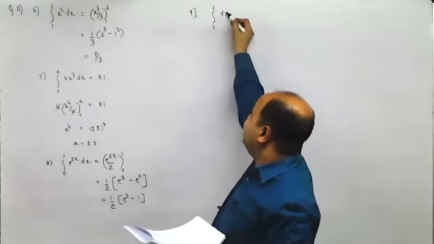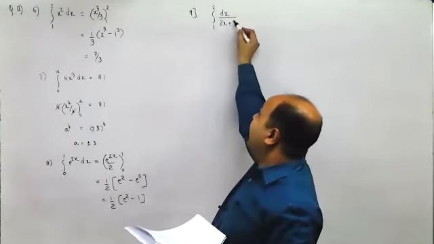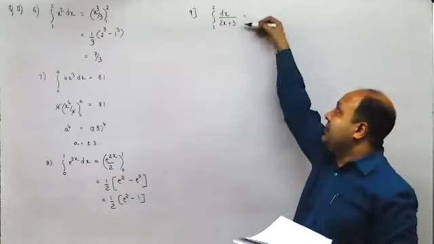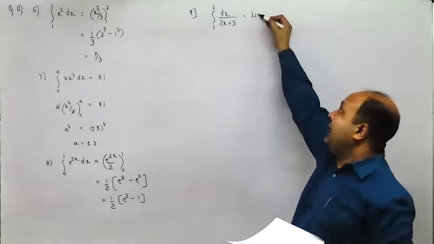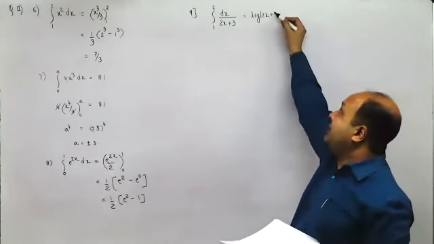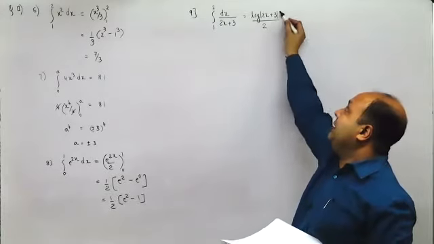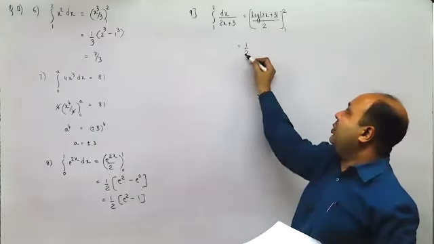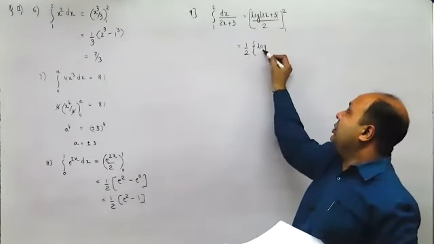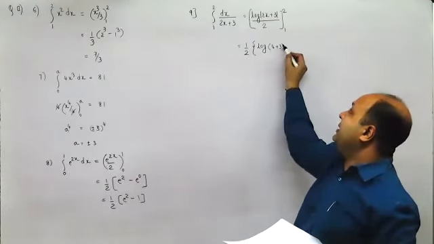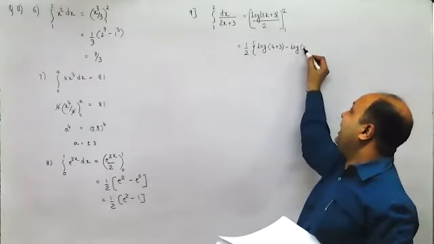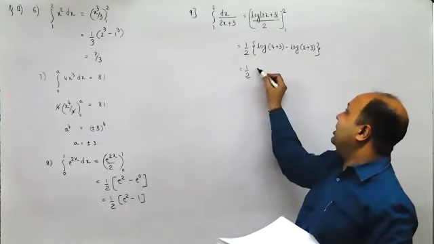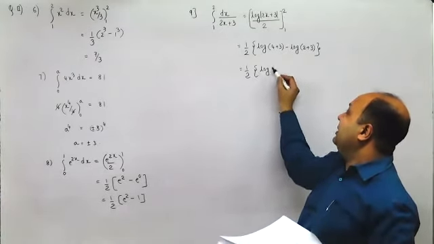1 to 2, this is dx upon 2x plus 3. I can treat this as x. Reason being, this is linear. So 1 upon x would be log x. But then you have to divide by the coefficient of x, that is 2 here, and between 1 and 2. So half, you take it out. This would be log 2 into 2, 4 plus 3, 7 minus log 2 plus 3, 5. So log 7 minus log 5, it is log 7 by 5.